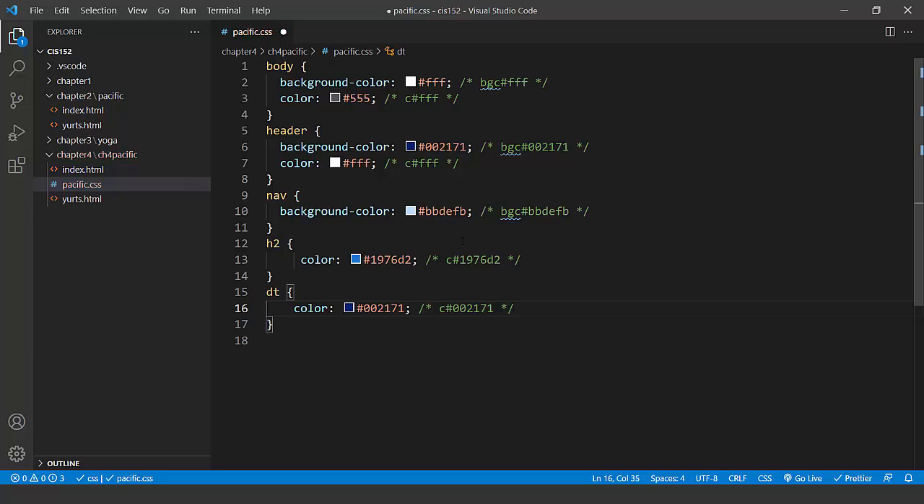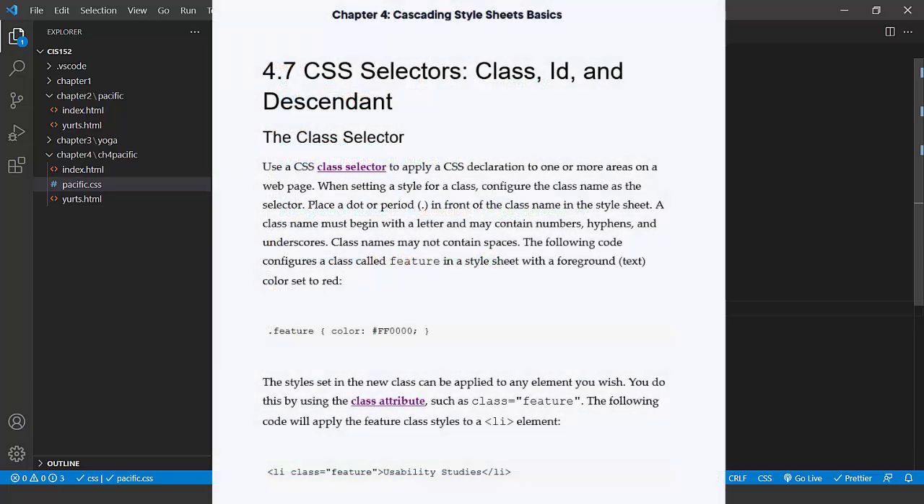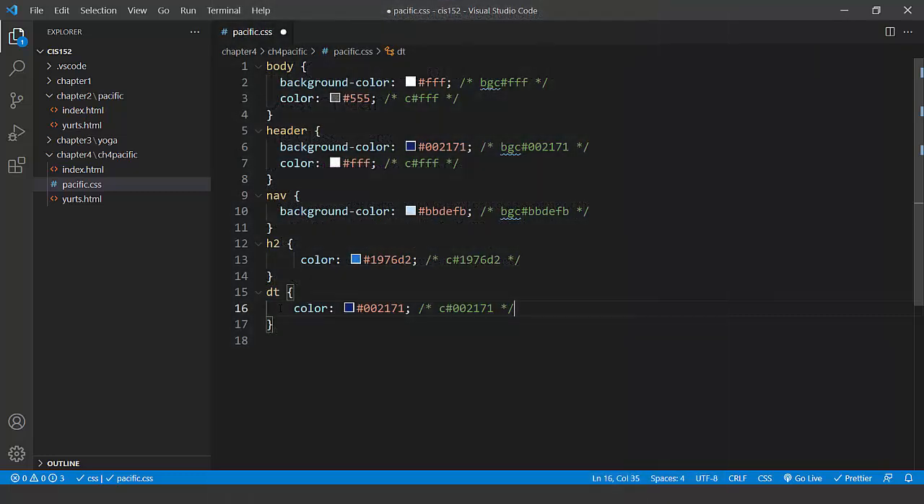For the last CSS selector, I'm going to use a class selector to apply a declaration to one or more areas of my web page. When setting a style for a class, we're going to configure the class name as the selector, and we're going to place a period in front of the class name. This name is going to be called resort. So I'm going to select period, resort, use my curly braces,